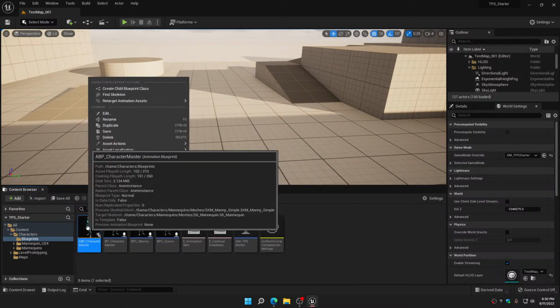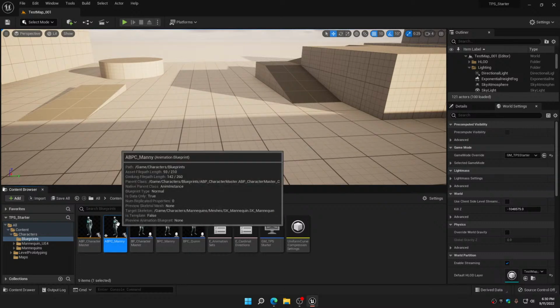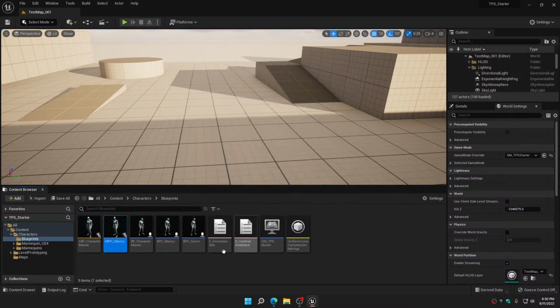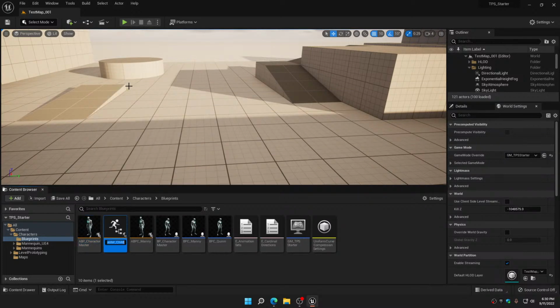So if we right click this and say create child blueprint, and we call this ABPC, for animation blueprint child, and we call this one Manny. That one's already set up. It's already got the male animations in it. If we do the same thing again, create child blueprint, and we call this one ABPC Quinn,